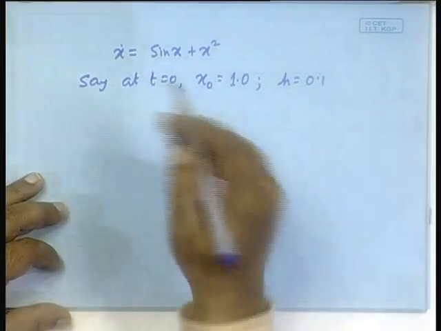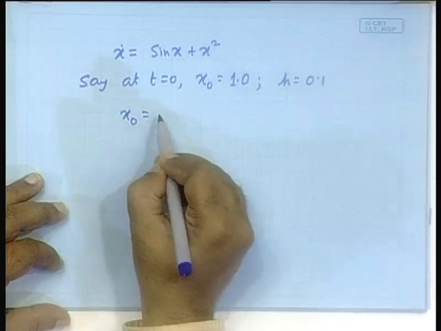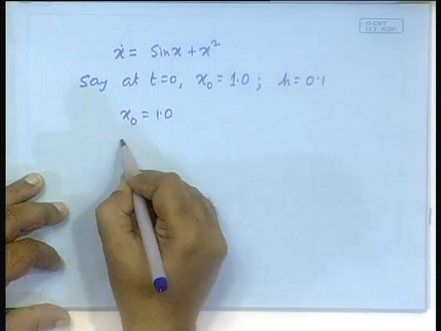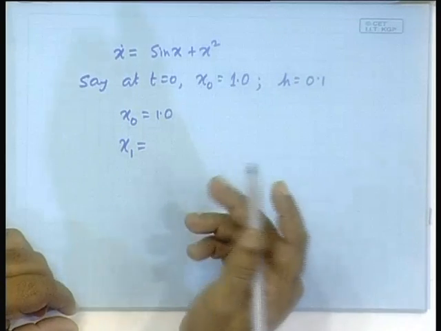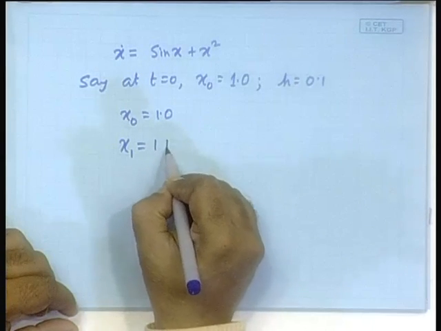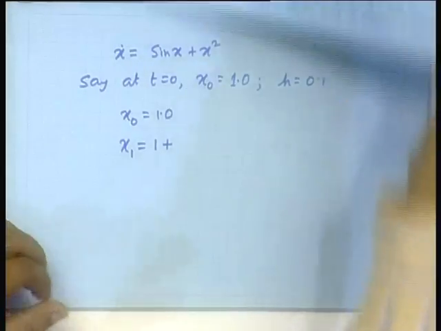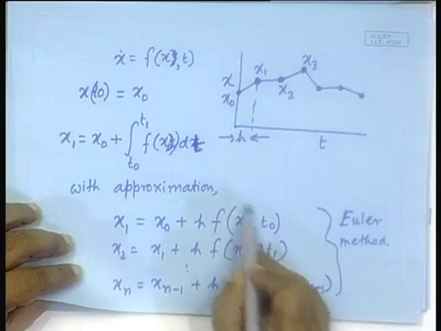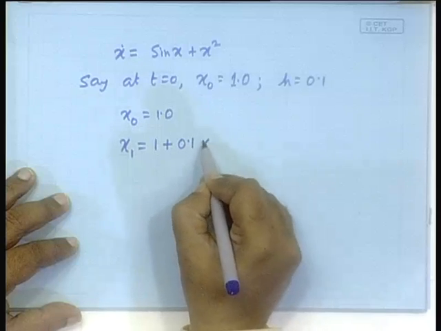Then how would you calculate the first step? Start x naught is equal to 1.0 we have known, x 1 is equal to, how do you calculate that? X naught plus, so 1 plus h times f calculated at the initial condition, h is 0.1 times